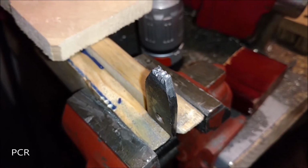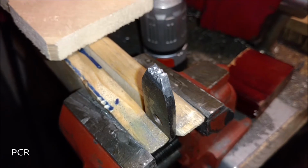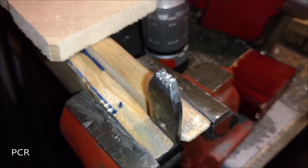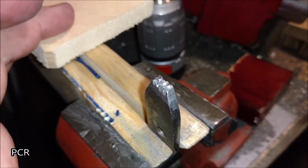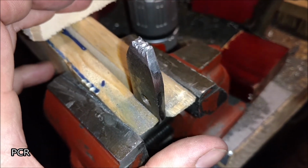Now, what you want to do at this point is go ahead and flatten that top. There's two ways to do that. One is with your files, either the smooth or one of your diamond files. Do not use sandpaper in this case. You'll just round over the edges and it'll look like crap later. The other thing you can do with sandpaper is get it on a flat piece of like micarta or glass or something that's strong, probably not glass,